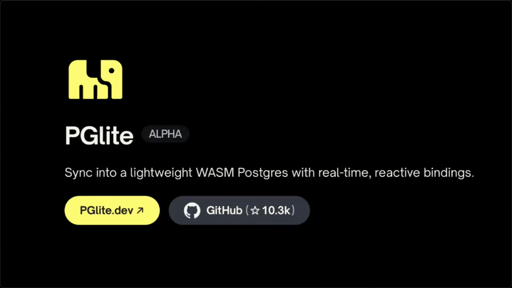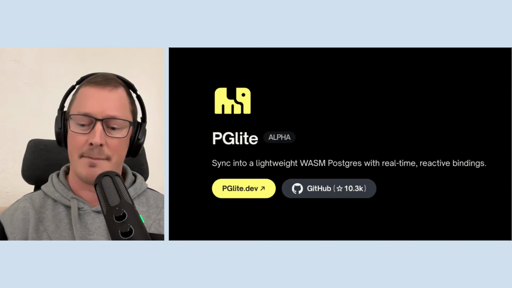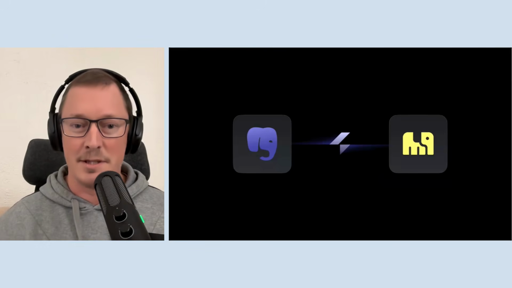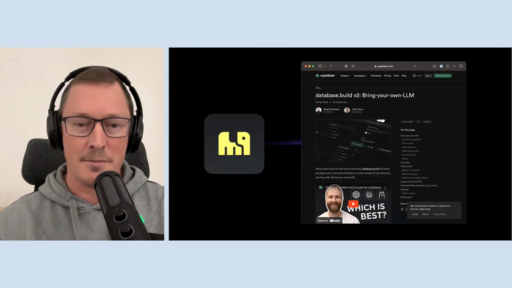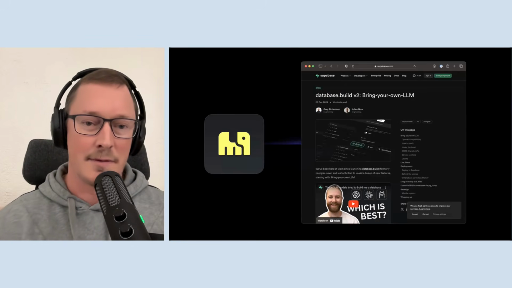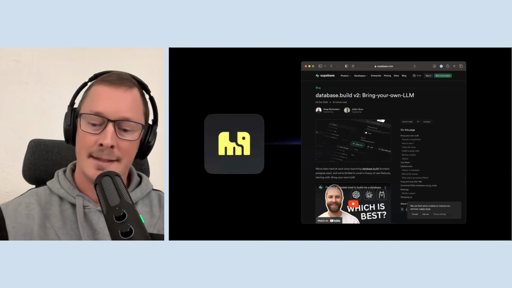And we also develop a project called PG Lite, which is a lightweight WASM Postgres that you can run in the browser. So you can have Postgres as that local data store inside your local first app. And just briefly, just to be clear, these are composable components, like they work together, but you don't have to use them together. So you can use Electric to sync data from Postgres in the cloud into PG Lite inside the clients, but you can also just use PG Lite on its own, and is an example of Supabase doing so to build database.build, which is a very cool AI-driven database app builder site that they've built on PG Lite.